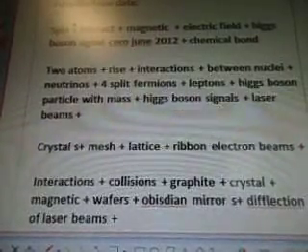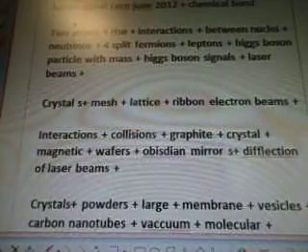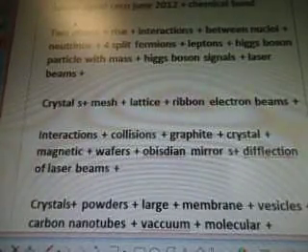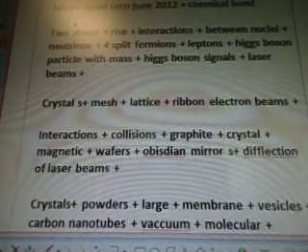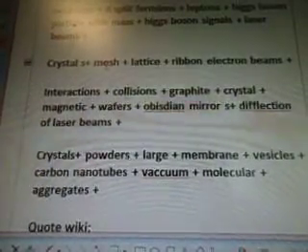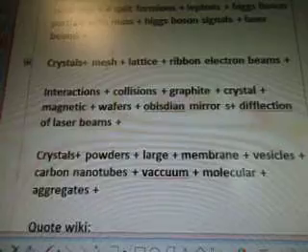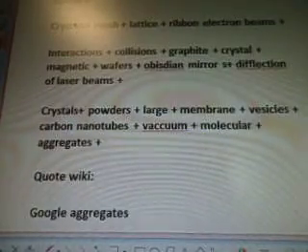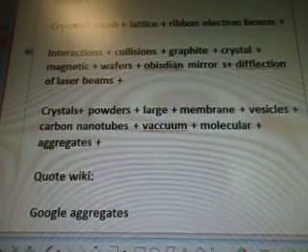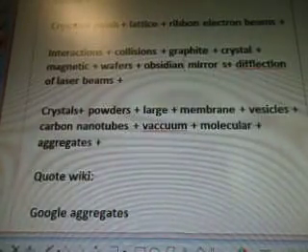Two atoms rise interactions between nuclei, neutrinos, four split fermions, leptons, Higgs boson particle with mass, Higgs boson signals, and laser beams. Crystals, mesh lattice, ribbon electron beams, interactions, collisions, graphite, crystal, magnetic, wafers, obsidian, mirrors,